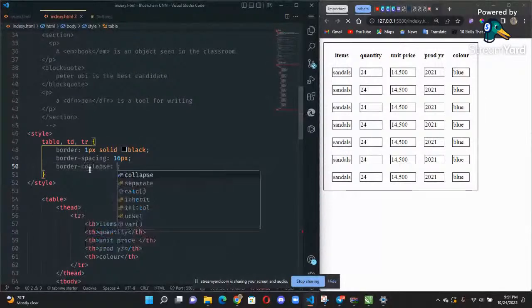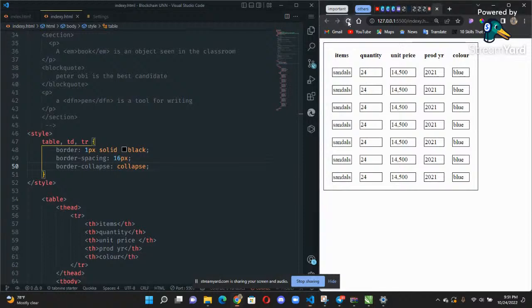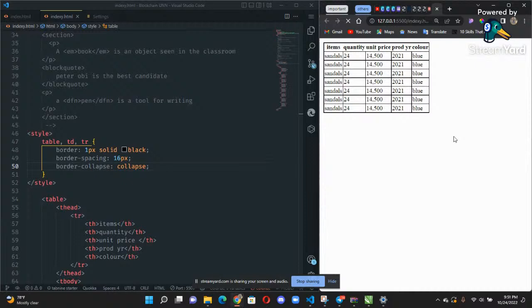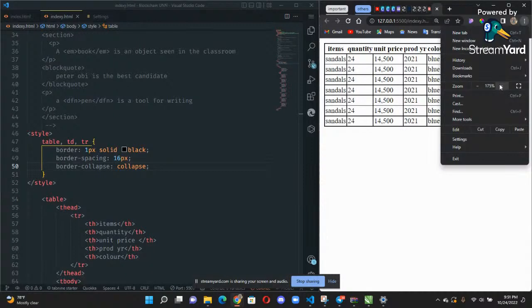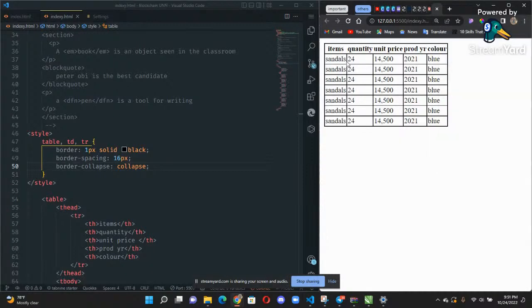Say collapse now. It will collapse the whole borders and make it a single line. You can see it now. Let me zoom it more. Yes, you can see that it collapsed the whole borders and only gave these particular lines.